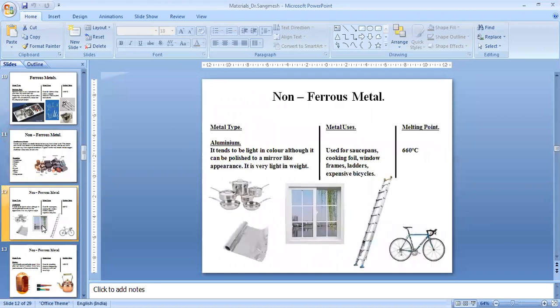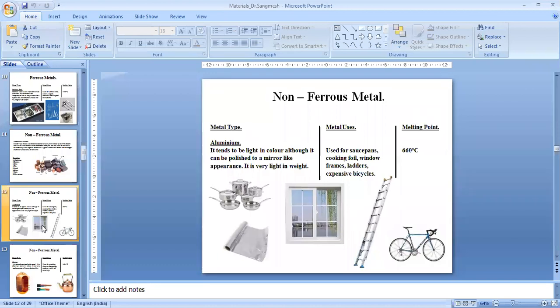We'll just see one or two applications of it, and then we'll close for today. So aluminium, basically, we use nowadays in all houses. House windows are made with aluminium. It has replaced wood. Earlier, windows were made with wood, but because of its non-availability and government policy against cutting trees, it is now in practice that most houses use aluminium for windows.